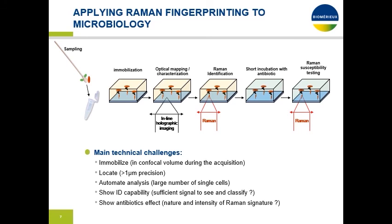And to do so, we have to make sure that it doesn't move, that we are sure that the particle that we are probing is a microbe, and that it's perfectly localized in space. To do so, what we have done is first work on sample preparation, namely immobilization of the microbes that were present in the initial sample onto an optically convenient window. In our experiment, it's a glass cover slip of